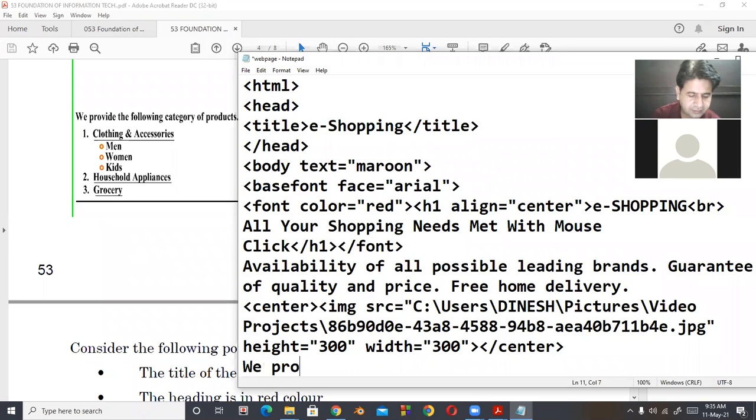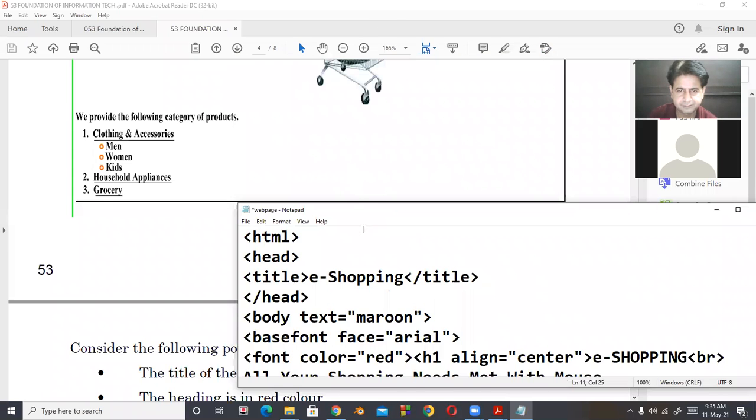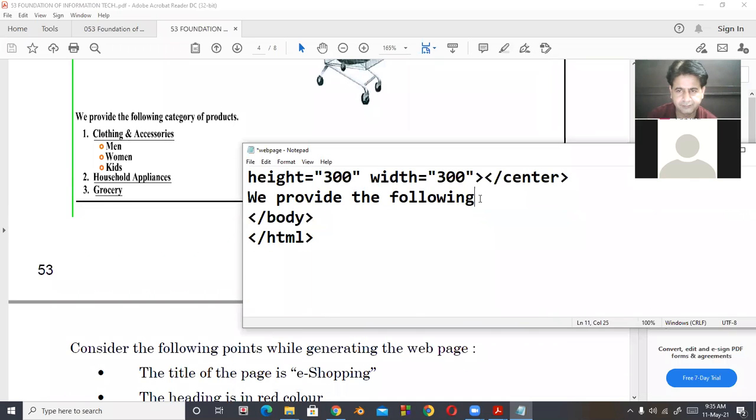We provide the following category of products.